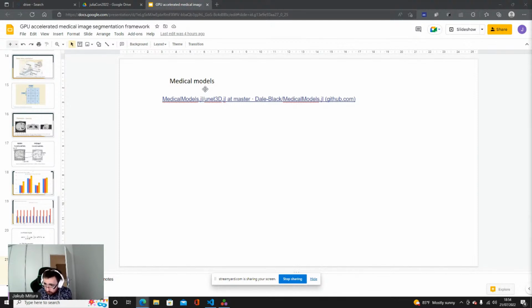Also, what is important, there is DICOM.jl, so we can also load the data into arrays using DICOM.jl. And I did not show it here, but the documentation is also quite nice. So yes, thank you for the question.